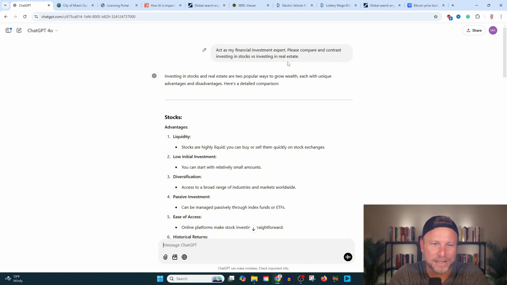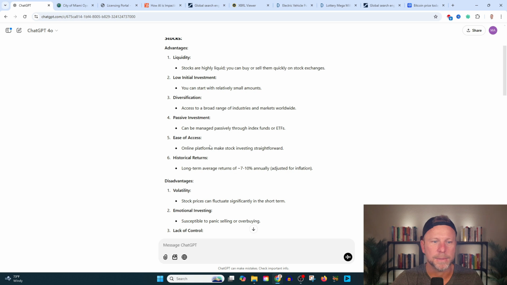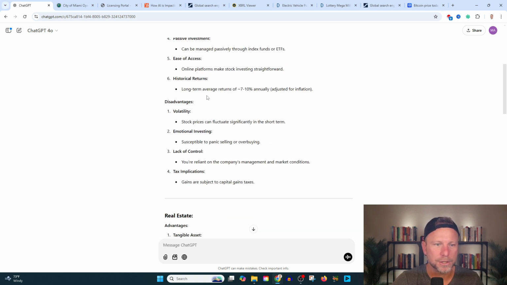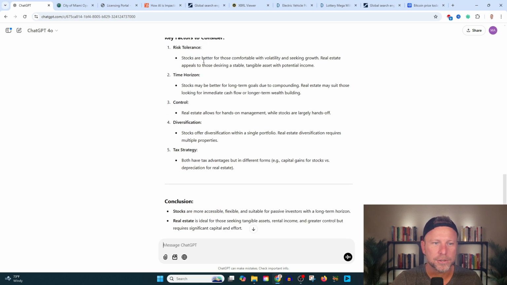So please compare and contrast investing in stocks versus investing in real estate. Okay. These are 2 popular ways to grow wealth, each with unique advantages and disadvantages. Stocks: highly liquid, low initial investment, high diversification, passive investment, ease of access, historical returns. Disadvantages: volatility, emotional investing, lack of control, tax implications. Real estate: tangible asset, leverage, and so on. Key factors to consider: risk tolerance, time horizon, control,